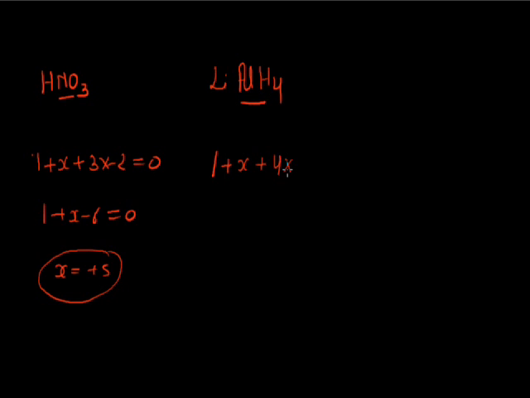4 into -1, it becomes 0. Now 1 plus x minus 4 equals 0. So x becomes +3. In another example, if we have the example of potassium ferrocyanide,